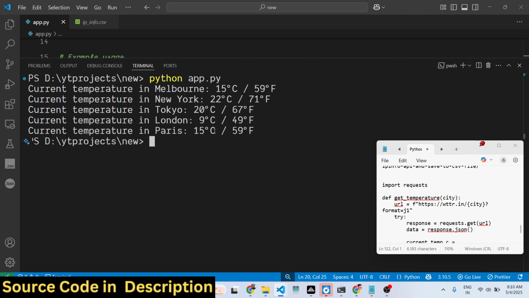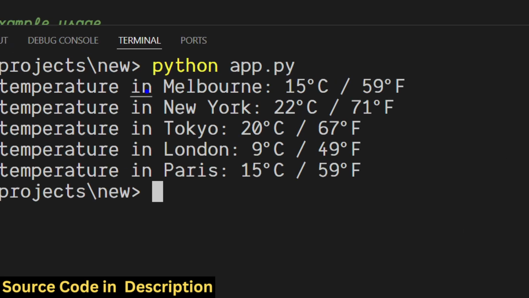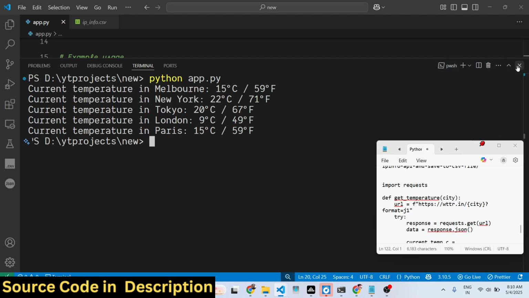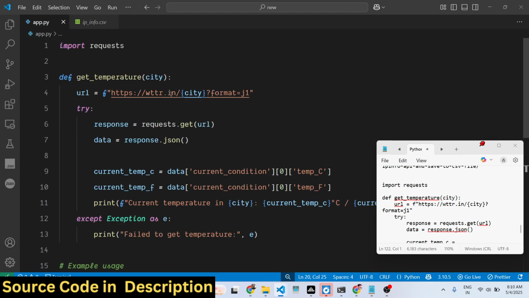So this Python module, you can use it an unlimited number of times. There is no need to submit any API key. It is actually scraping this information from an API. Let me show you. So let me show you the API, which is completely free. This is a website